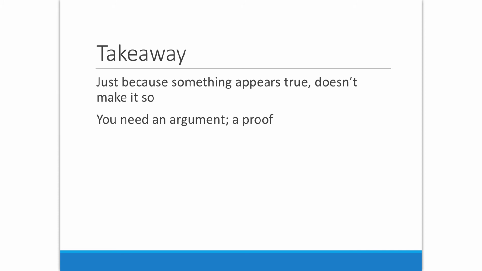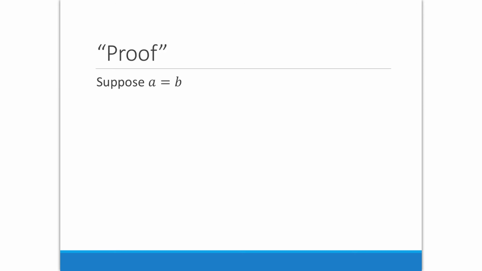So like I was mentioning, the takeaway is that just because something appears to be true doesn't make it so. You need an argument. You need some type of proof. And so proofs, they're very, very important in mathematics. Without a proof, all you have is a guess. And your guess might be right, but hopefully you've seen in this case that your guess can be very, very wrong. The beginning pieces of information may lead you astray, and so you need proofs to guarantee that things are true. But of course, not all proofs are made equal, and we're going to look here at a very interesting